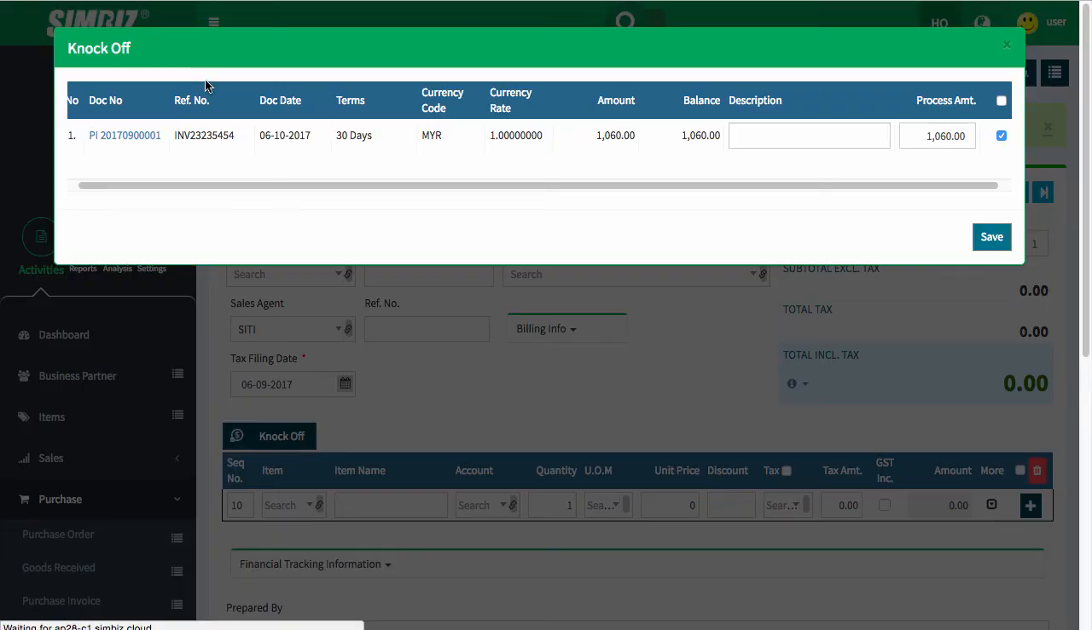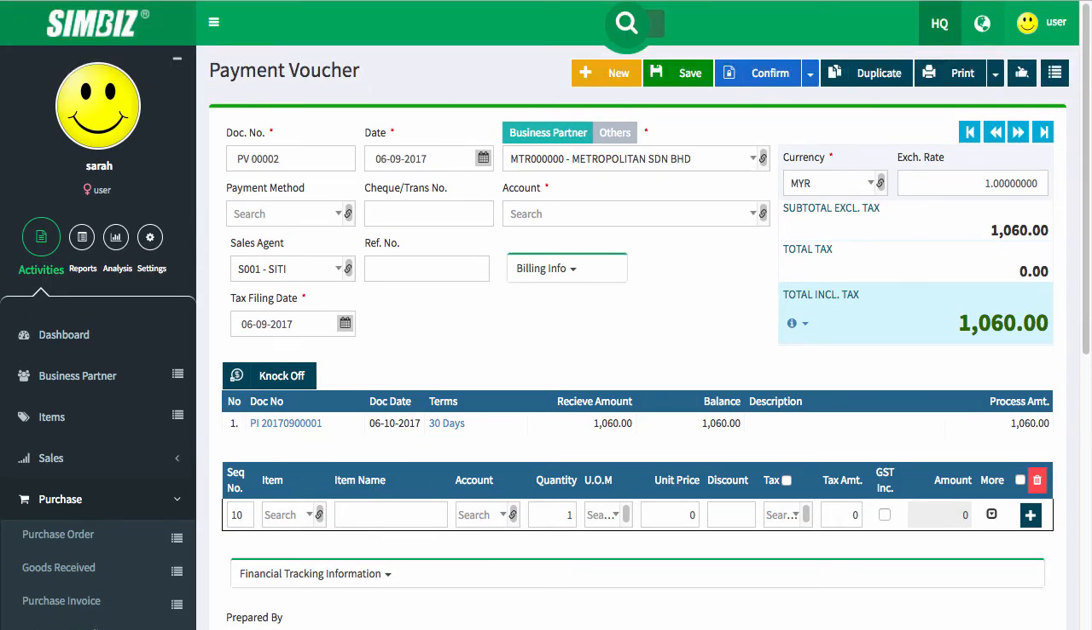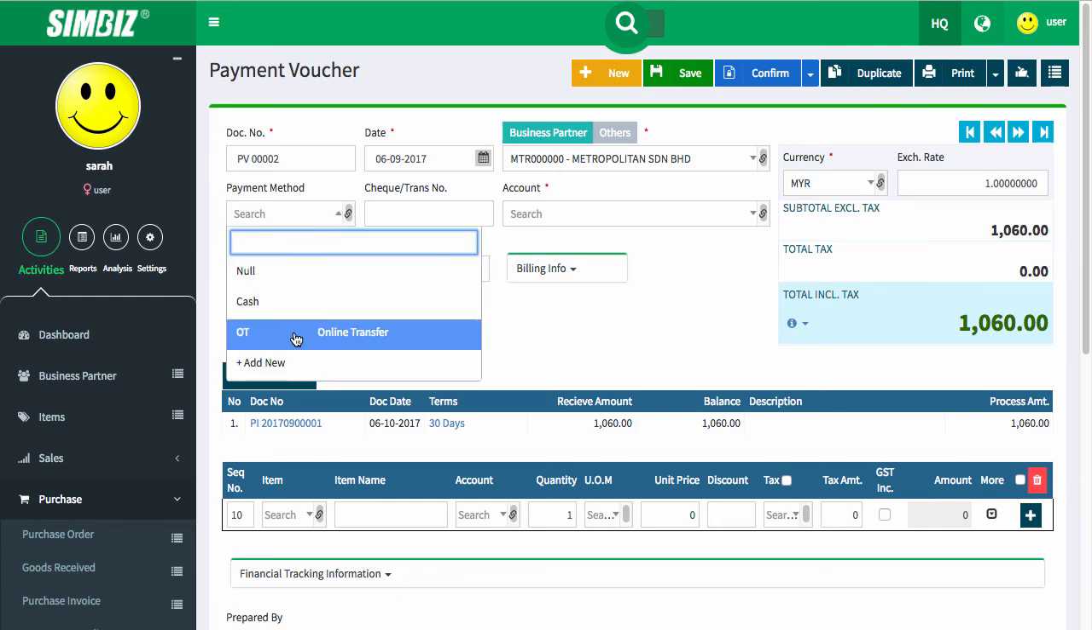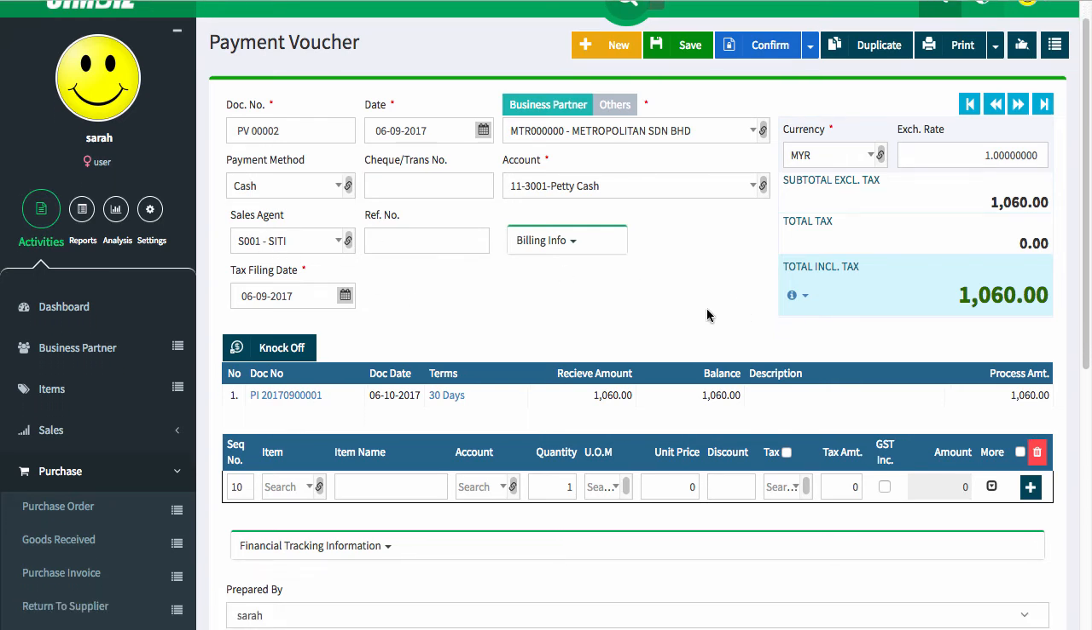So right now I'm going to select the payment method that I use to pay for this amount and insert the transaction number or the check number, and select your bank account. And if there's any sales agent you'd like to select, you can do so. Insert any reference number from the supplier,